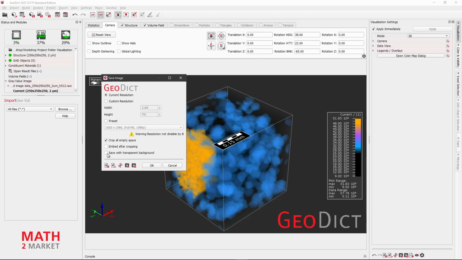Finally, we can choose whether we want to save the image with a transparent background or not. I would recommend to save images with a transparent background. This gives us the freedom to choose another background color later and to seamlessly integrate the image in a PowerPoint presentation, for example. For now, we uncheck it to save the image with our defined background in gray,